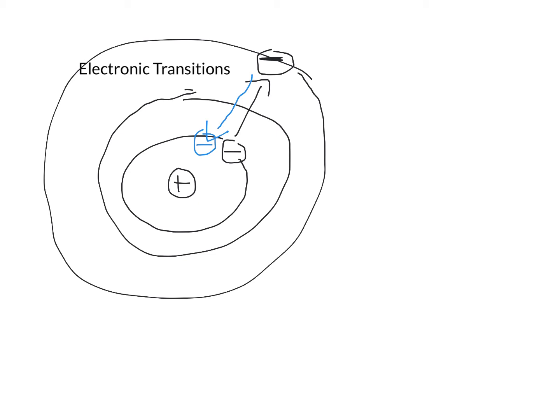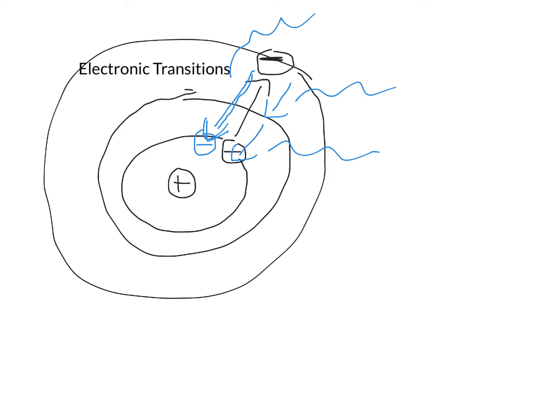Now, here's to complicate things. I drew this with 3 shells because I wanted to show you another possibility: this electron could jump down to this intermediate shell, and that would give off a particular color, and then it could go back to where it wants to be, and that would give off a color. Or, as I said previously, it could jump all the way back, and that would give off yet another color. So there's 3 different possible colors that the atom in this scenario could